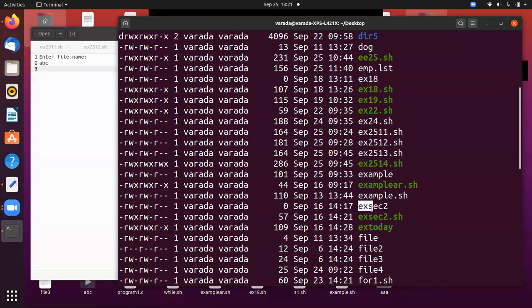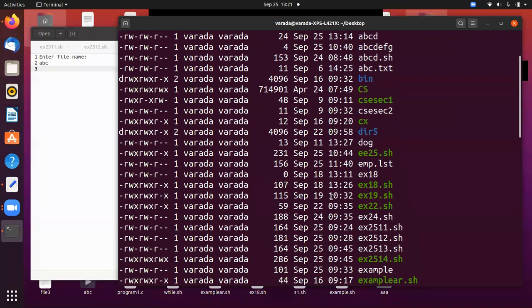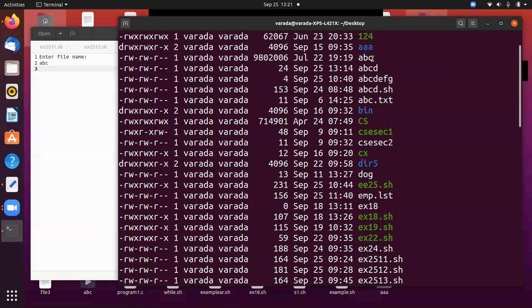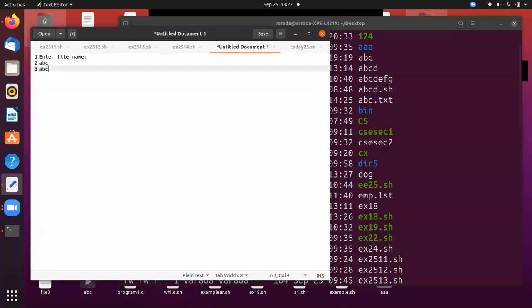Here ex section 2 is a file. What is the size of that file? 0. That means it is an empty file. But in the case of ABC, ABC has some size, so it does not display empty. It contains some data, so it displays ABC not empty.